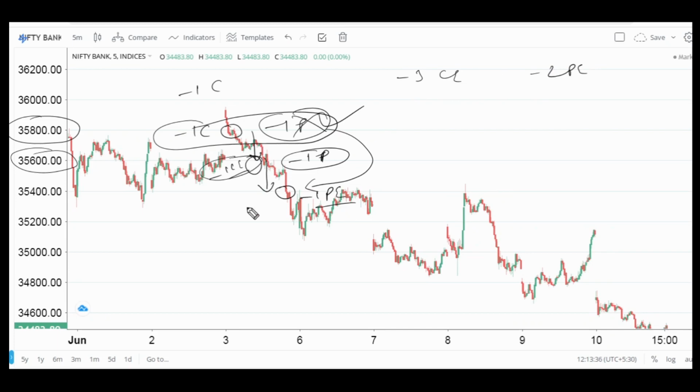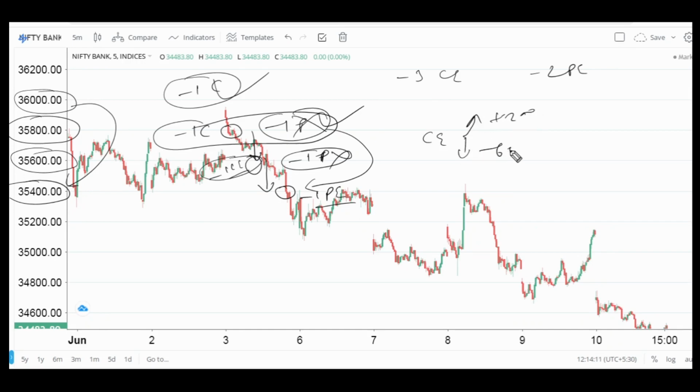Now suppose again the market goes down, so we'll repeat this again and again. Now after a 600 points move, we will exit the first initial out of the money call, which we had bought at 916, because the market has come down to 35,400, so the 36,000 call we will exit here. So we will exit every call at an upside plus 200 move or a downside minus 600 move in the underlying. If you are using the underlying as the Bank Nifty index, you have to do the adjustment as per that.